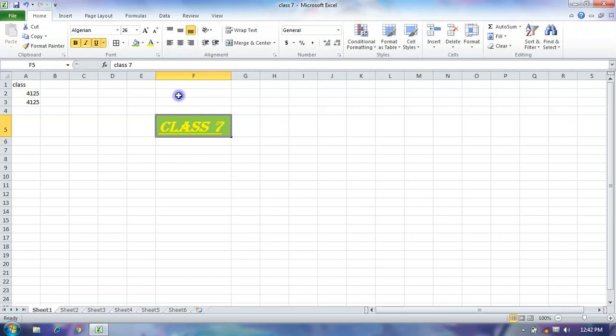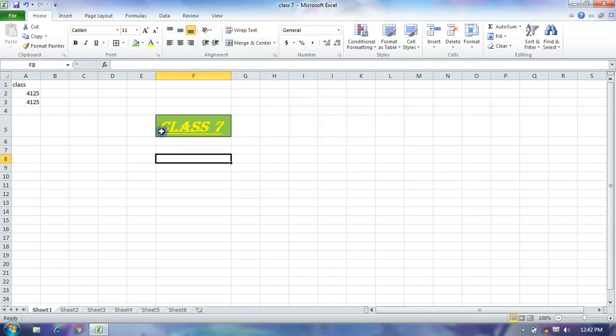This is indentation. As we already discussed indentation in MS Word, it is used to set the margin between the border and text in the cell, so you can decrease or increase your indentation from it.